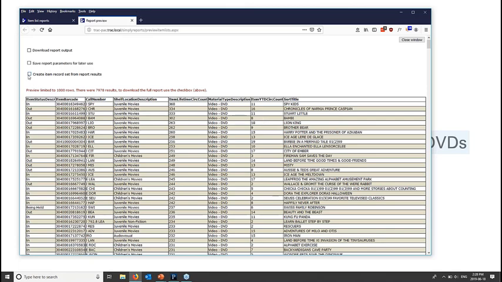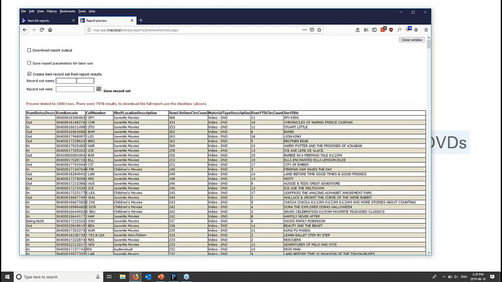Now, you can also create a record set if you wanted. You could say I want just audio visual, which is the adult movies. I don't want to do anything with children and juvenile since they seem to be popular. I could run this report again, selecting my shelf location as audio visual, because that is an option, and then create a record set. All you do is type in the name. Let's do test,